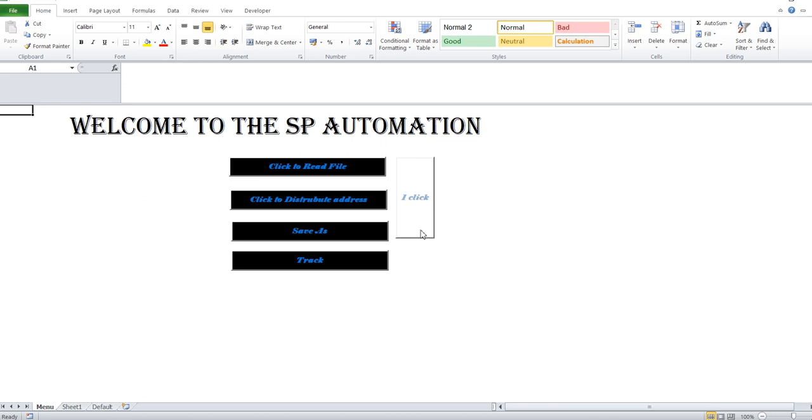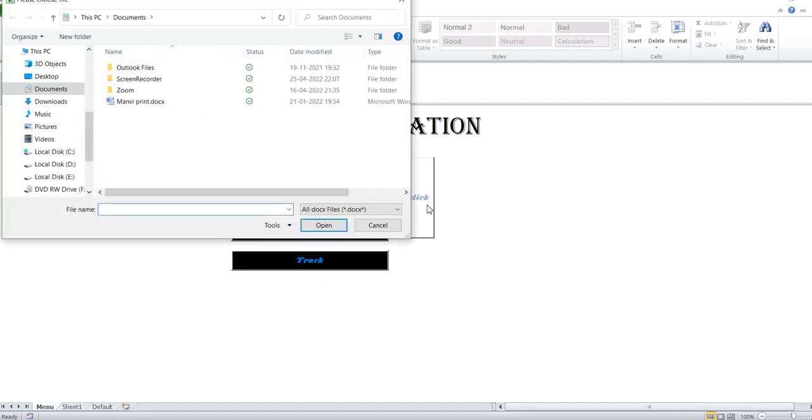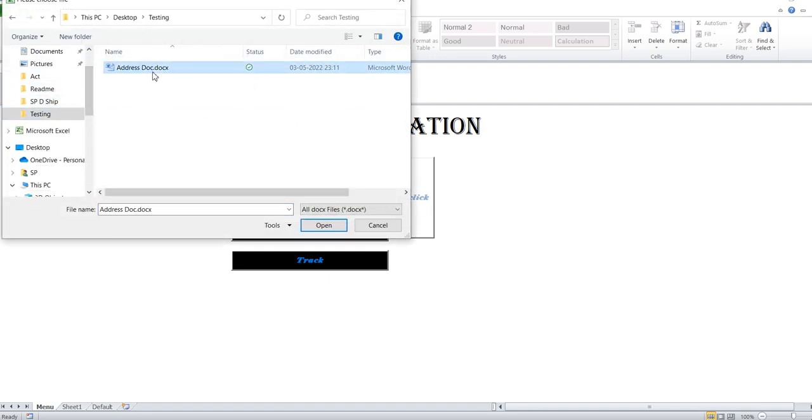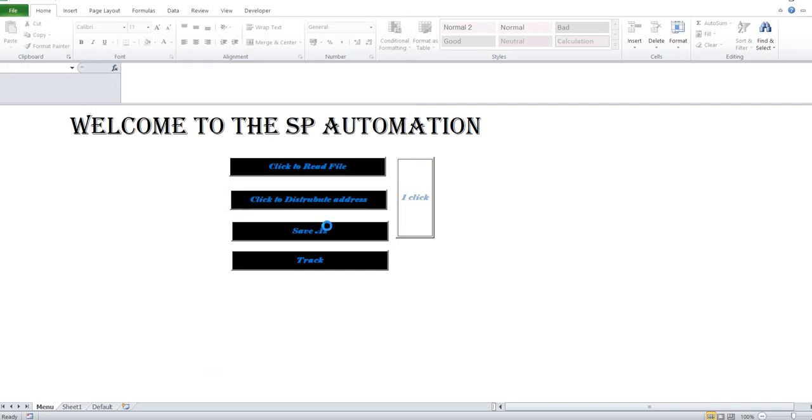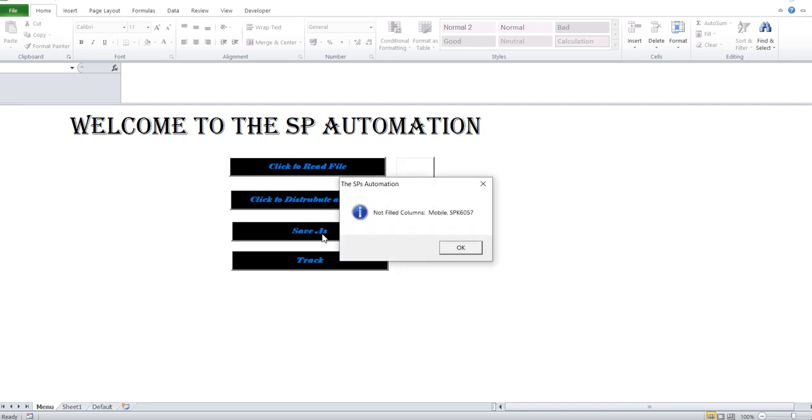I am clicking one click, and when I click it, it will ask me to select the file which has the address. We just saved that address document, so I'm selecting that and clicking open. In the backend, it will read the file, distribute the address, and save the file. Saving means it will ask me to